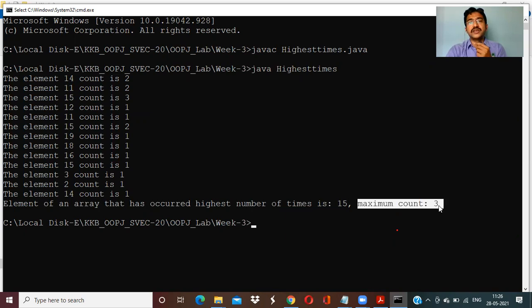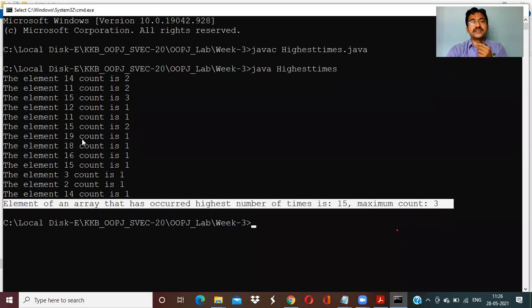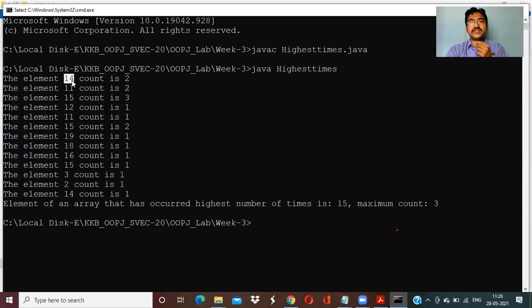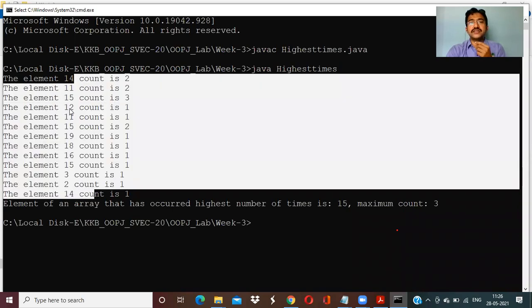What is the maximum count? 3. So our output is this one. Our output is not this display; only for our understanding we display it. For displaying unique counts, again we would have to take one more array, in which each value's count would be stored. That is another concept, and it's not required now. Only for understanding, I displayed it. It is not displaying unique elements' counts; it displays each element's count in the array.